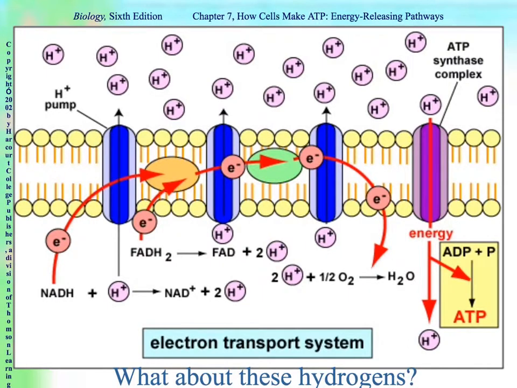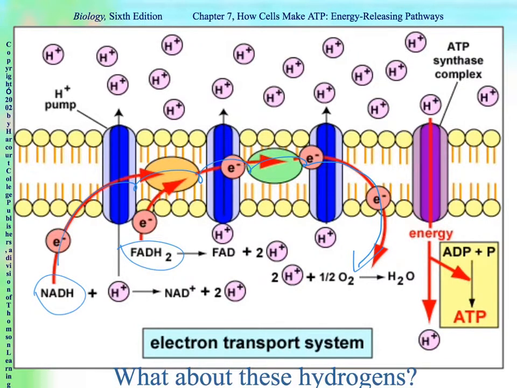Okay, here is a picture of the electron transport system. As you can see, what's feeding into this electron transport system is NADH and FADH2. Remember those high energy hydrogens. Those hydrogens are going to break down into protons and electrons. We're only going to look at the electrons right now. The electrons are going to pass through the proteins of the inner membrane of the mitochondria, the cristae. And so we're going to get all these complexes. These electrons are going to go from complex to complex and eventually make water,